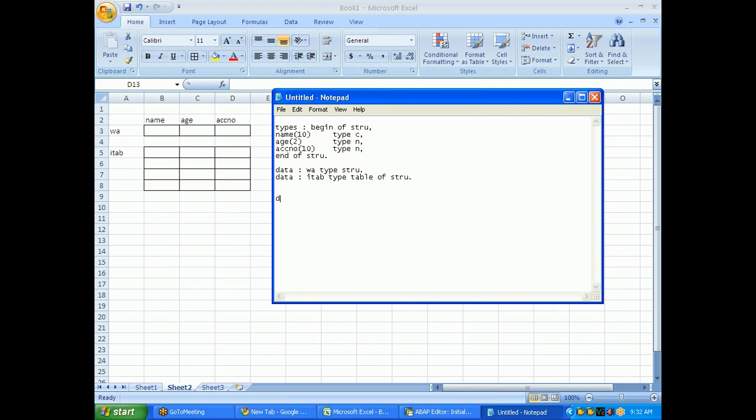If you declare something like this, DATA ITAB1 TYPE TABLE OF STRU WITH HEADER LINE.